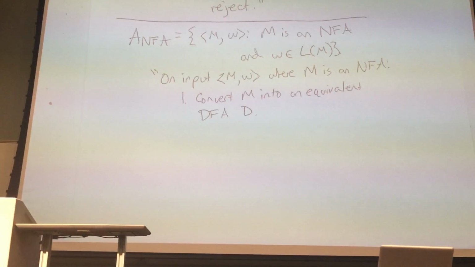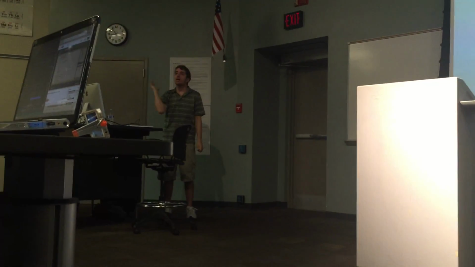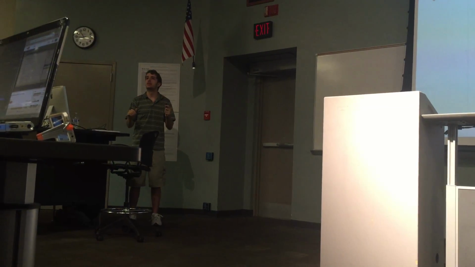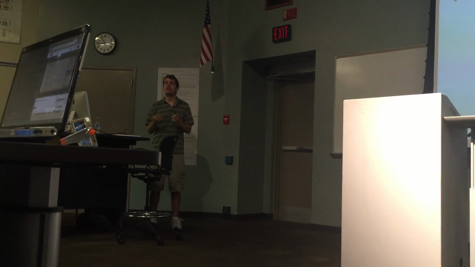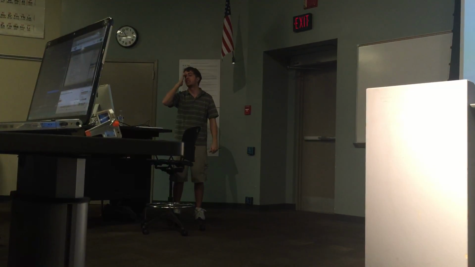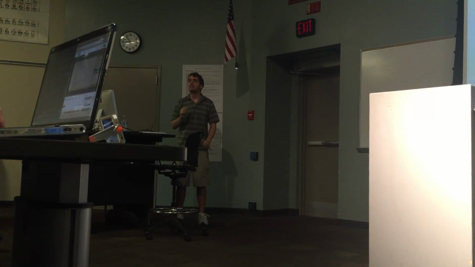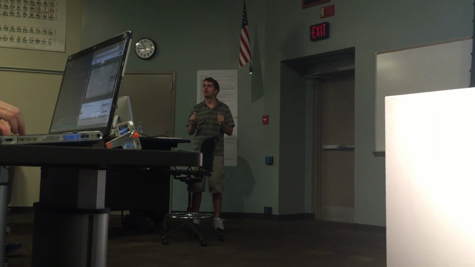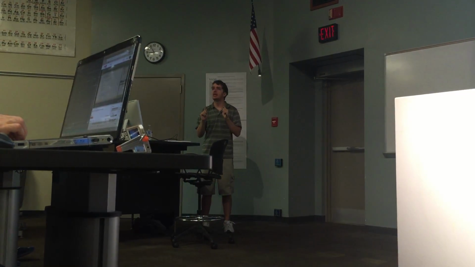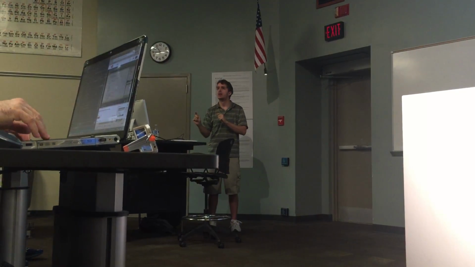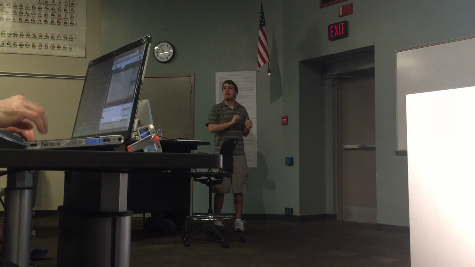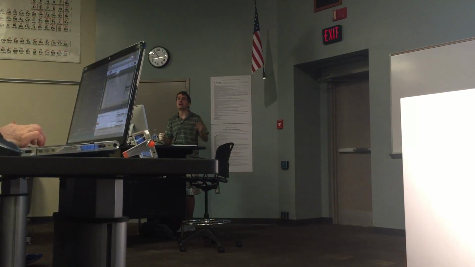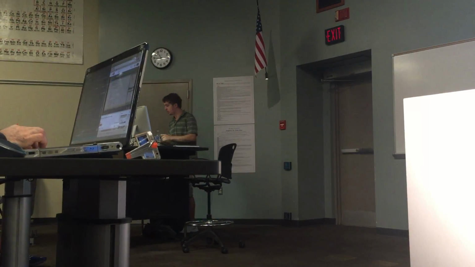So now what do I do? Oh, I can just do almost the exact same thing as A DFA, right? Just simulate the DFA on the input that's given, and then answer the question of whether it accepts or rejects. But I don't want to write "simulate M on W" every single time. So what can I do instead? Do I have a way of testing a DFA with an input? Yeah, I already made this A DFA before. So why not just run the decider for A DFA on D and W?